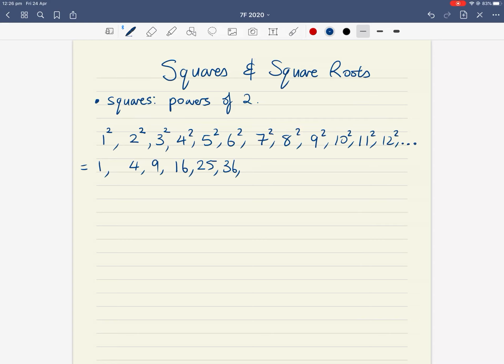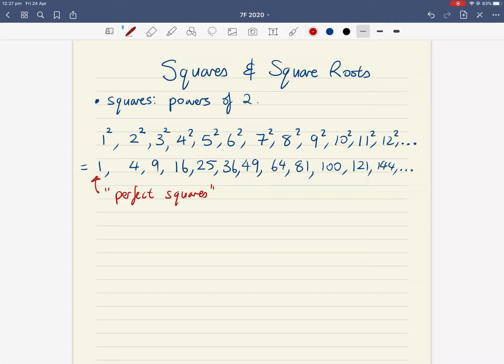6 squared is 36. 7 squared, 7 times 7 is 49. 8 squared, 64, because 8 times 8 is 64. 9 squared is 81. 10 squared, 10 times 10 is 100. 11 times 11, 11 squared, 121. 12 squared, 144. Does anyone know what 13 squared is? 13 times 13. Do you know 13 times table? 169. So this list of numbers 1, 4, 9, 16, 25, 36, 49, etc., this is what we call perfect